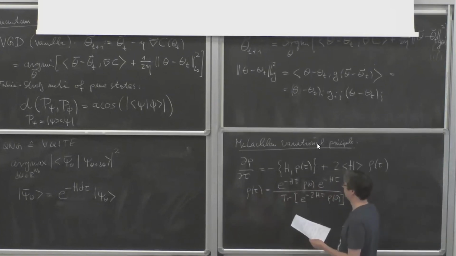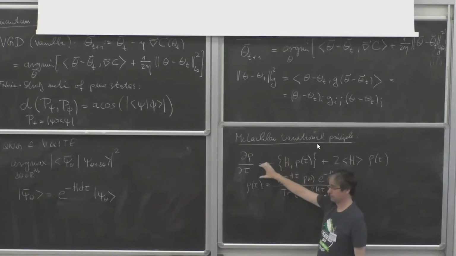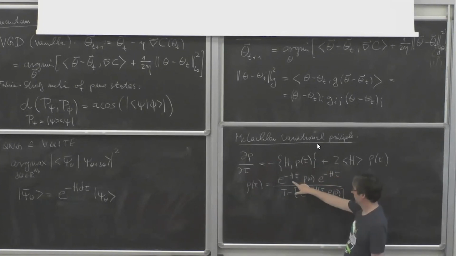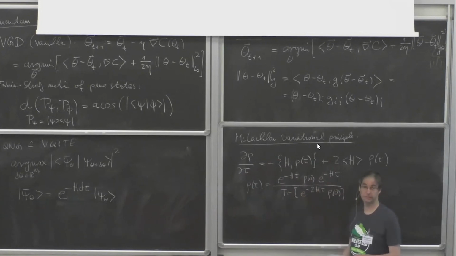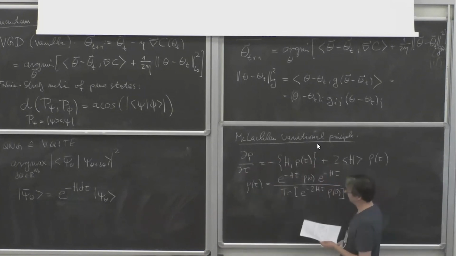For this purpose here, you can think of the von Neumann equation for the density matrix like the Schrödinger equation, and you're replacing it by tau, and you can derive this. I haven't done it for you now. Instead of e to the minus iHt, rho, e to the iHt, you're going to use imaginary time. And here I need to renormalize, because this is not leaving the norm invariant and this is a density matrix. So now I have the equation that I want to describe.